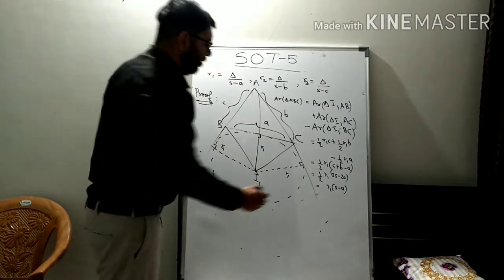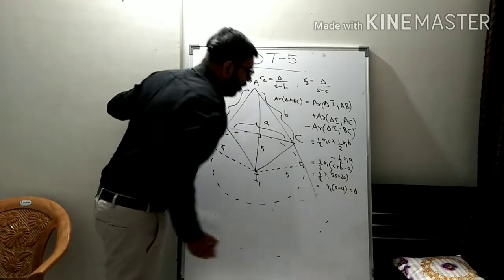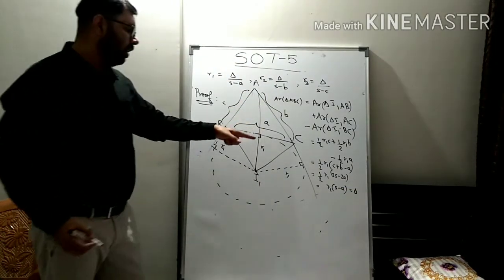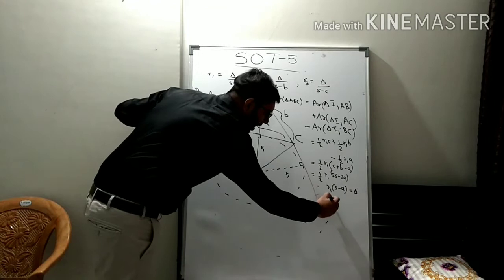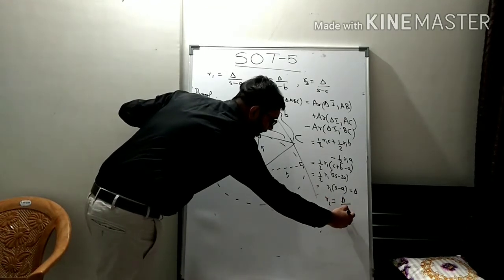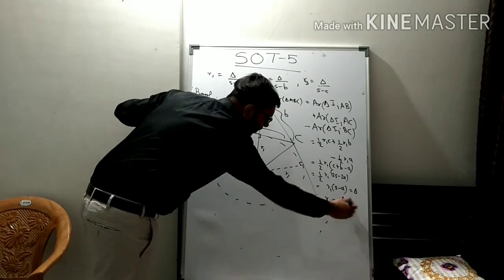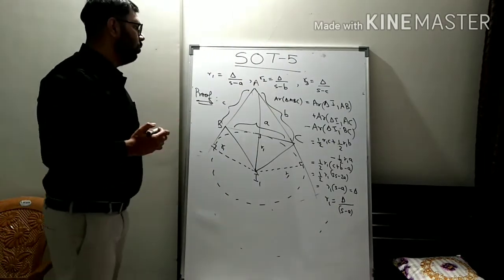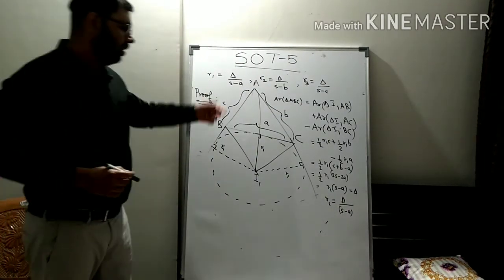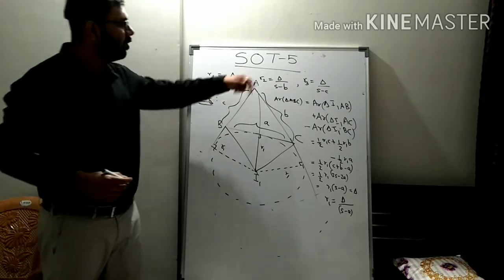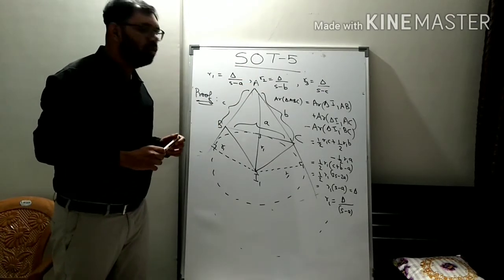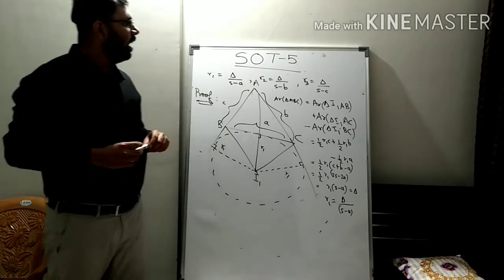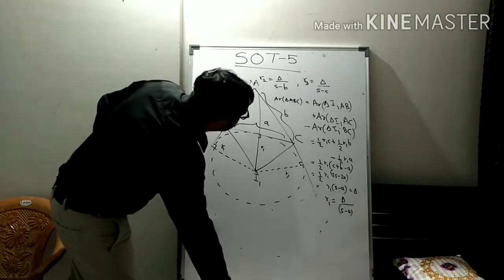Area of triangle ABC, which means this is equal to delta. Okay, this is area of triangle ABC, so this is equal to delta, which is r1 into s minus a, which means r1 I can write as delta upon s minus a. So this is how you prove this result. Similarly, you can prove the other results also. r2 is equal to delta upon s minus b and r3 is equal to delta upon s minus c.